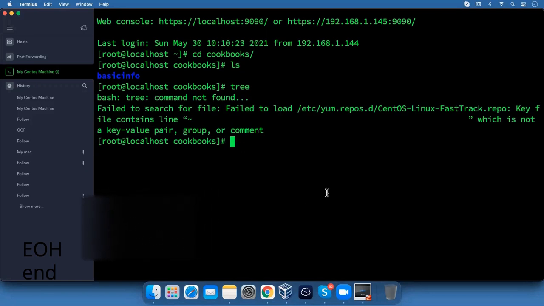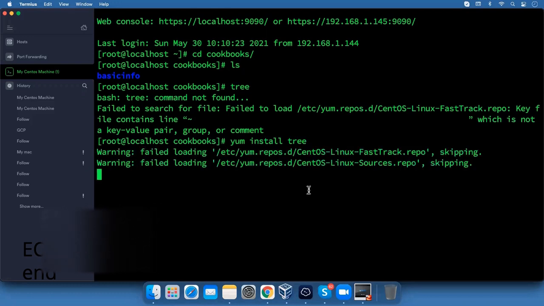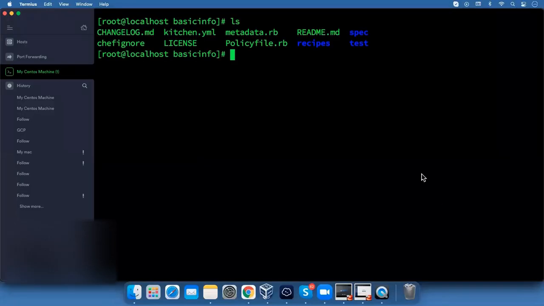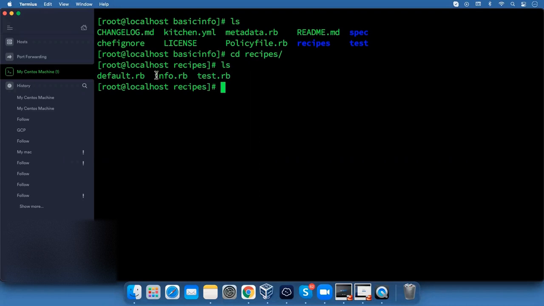First we need to install tree. I think tree is not installed. In basic info, I created one recipe to get the basic information of my machine, and let's check the recipe, cd recipes. Here you can see my code is info.rb, and let's go back